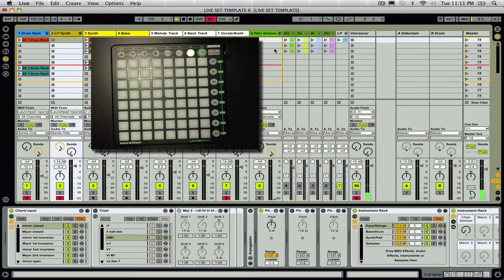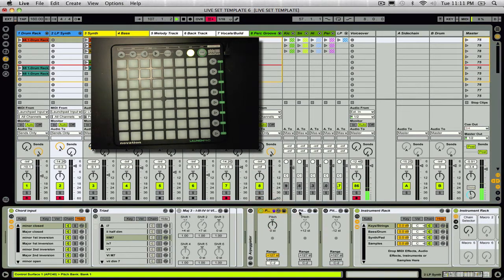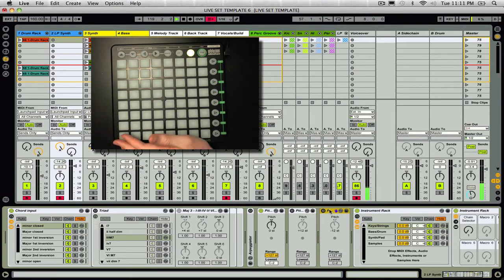The way I fix that is by adding a series of pitch effects. Now, the pitch effect is a MIDI effect, and it can take any incoming MIDI data and transpose it by a range of semitones that you predefine in this selector here. So what I've done is I've added 3 different pitch instruments. One is set to -12 semitones, which is an octave. One is set to +12 semitones, which is an octave. And then one is a